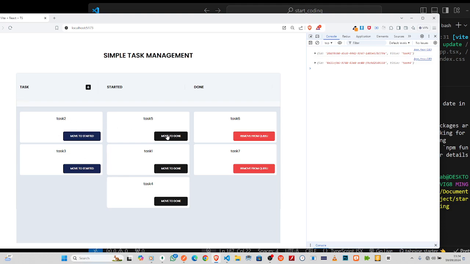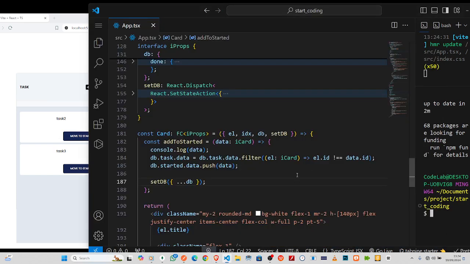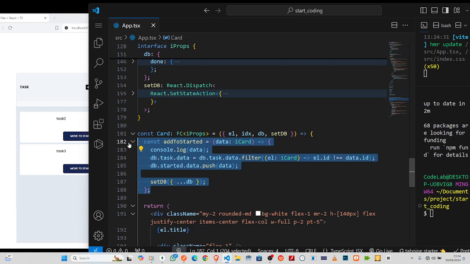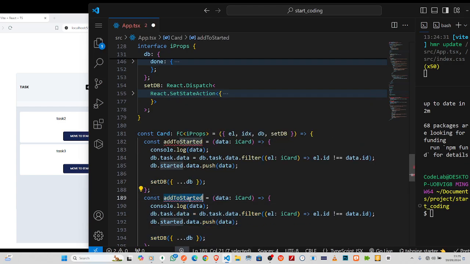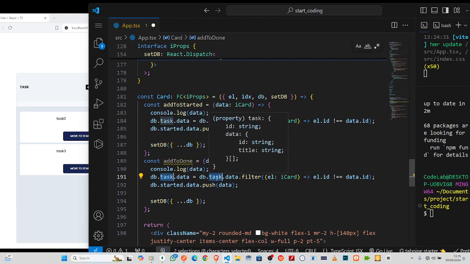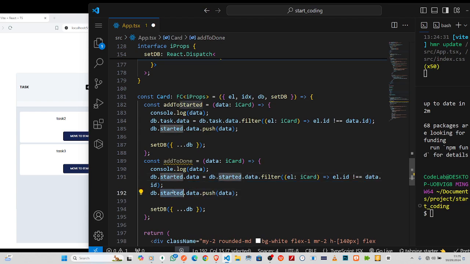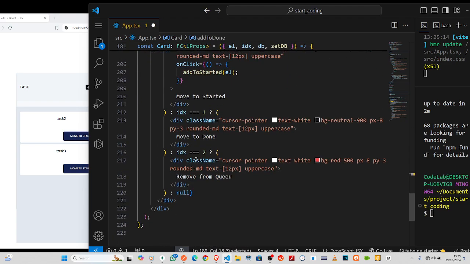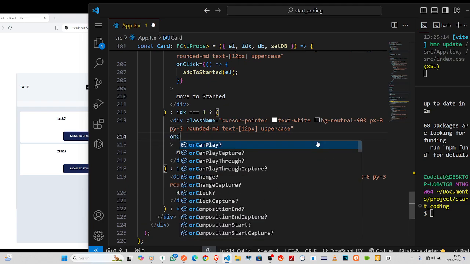Now the next thing we'll do is to move this one to done. So we follow almost the same thing. So let me just duplicate here, but I'll say move to done. So for here, rather than tax, it will be started, right? Then here will be done. See how simple it is, right? So I'll remove all this console, makes sense. We don't need to be sure everything works fine. Then this one we put inside here, right? Move to done. So onClick,